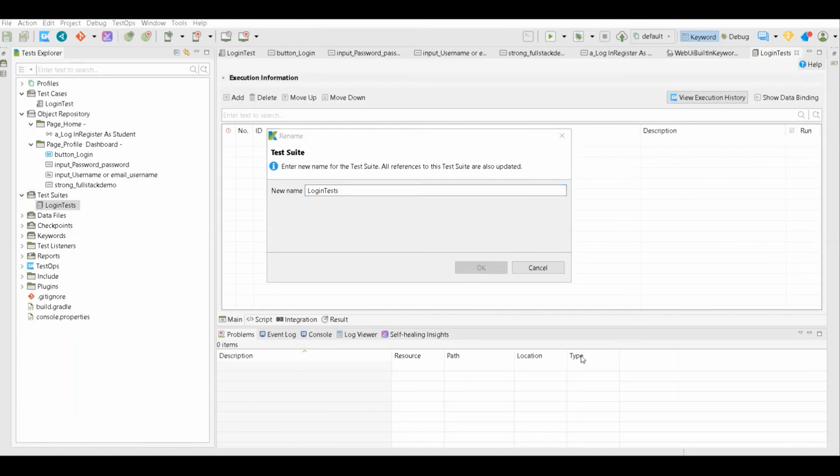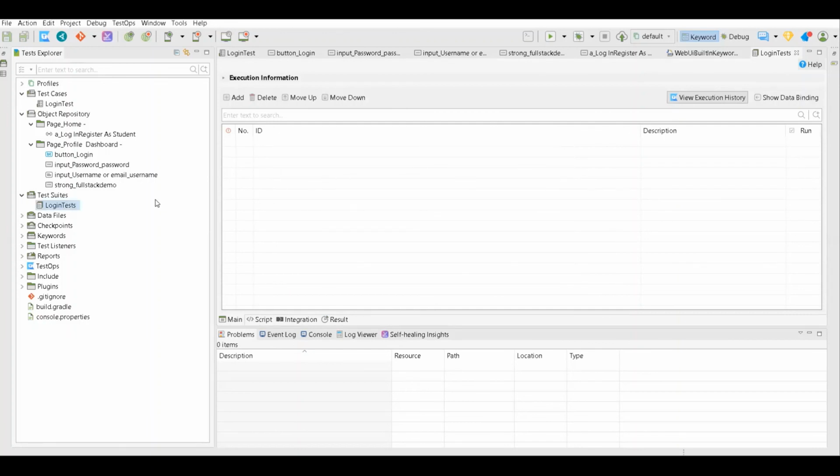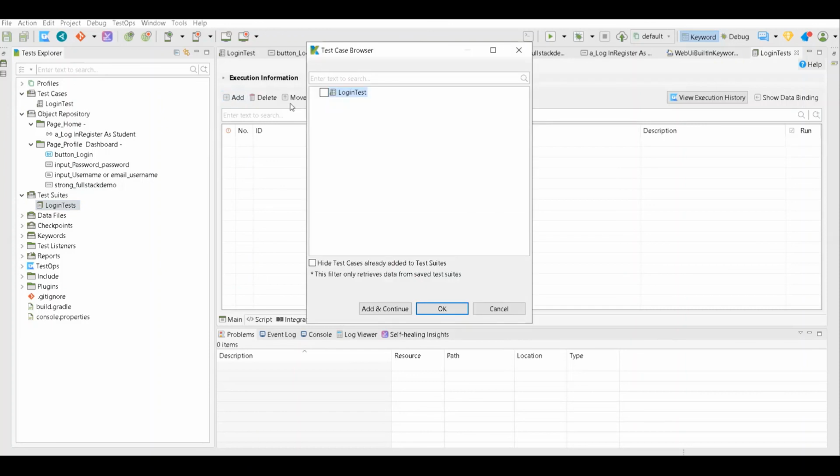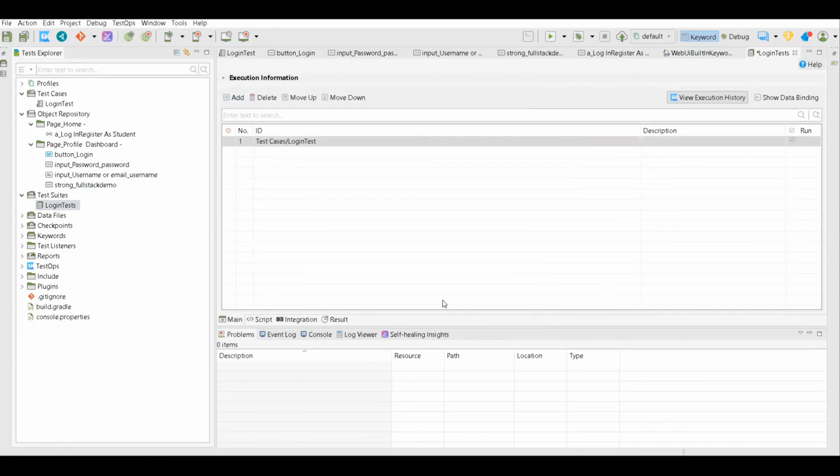I hope everyone is doing the same thing. And we will add the test and save it, and then try to run this. Run this test suite.